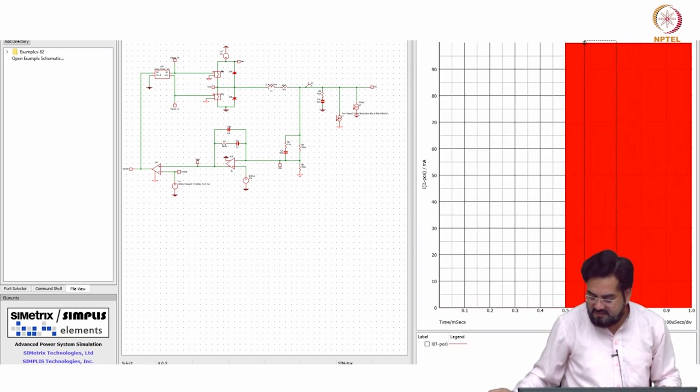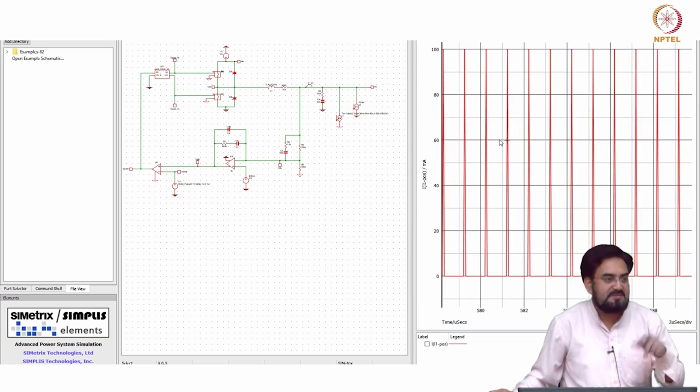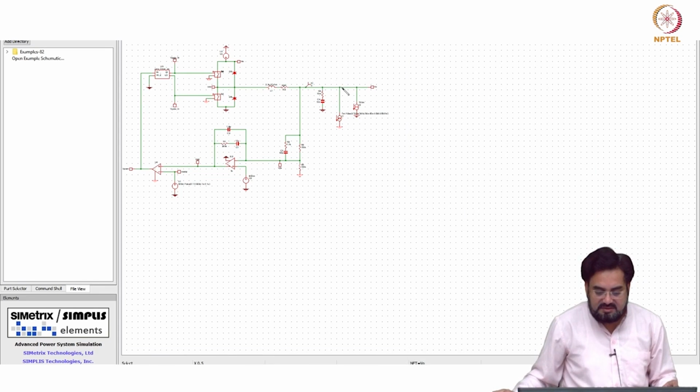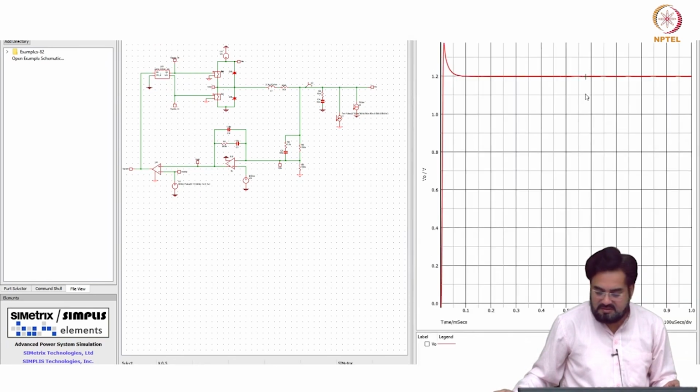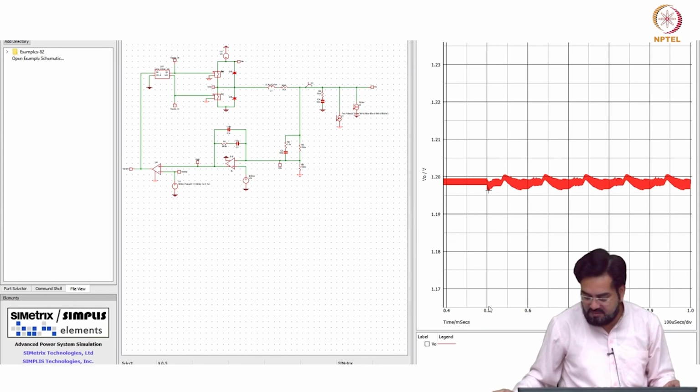So this is what I have. I have added current spikes going from 0 to 100 milliamp for a very short time. So this should cause a ripple at the output, which should be visible. I am introducing that at 500 micro. So you can see here,